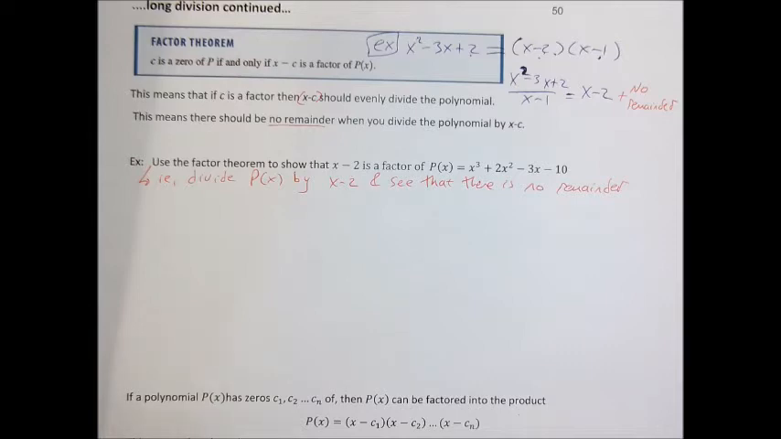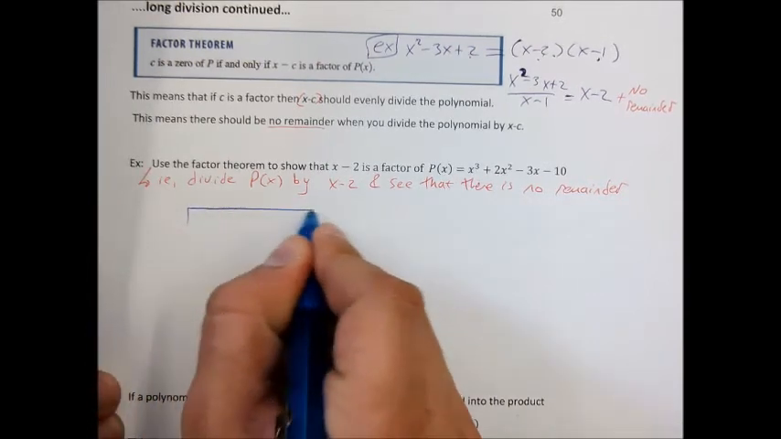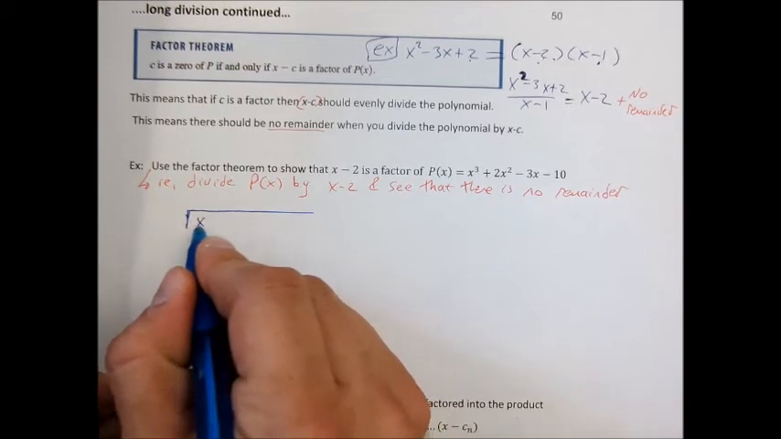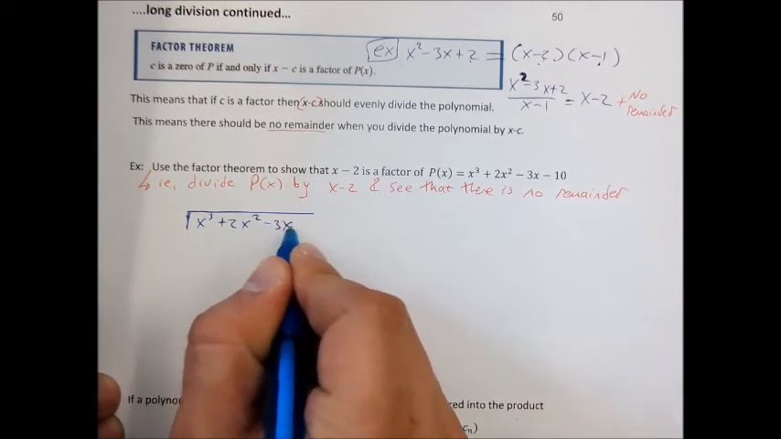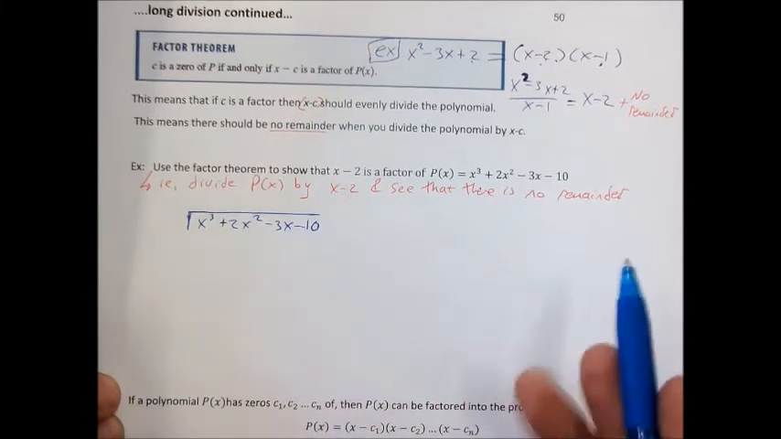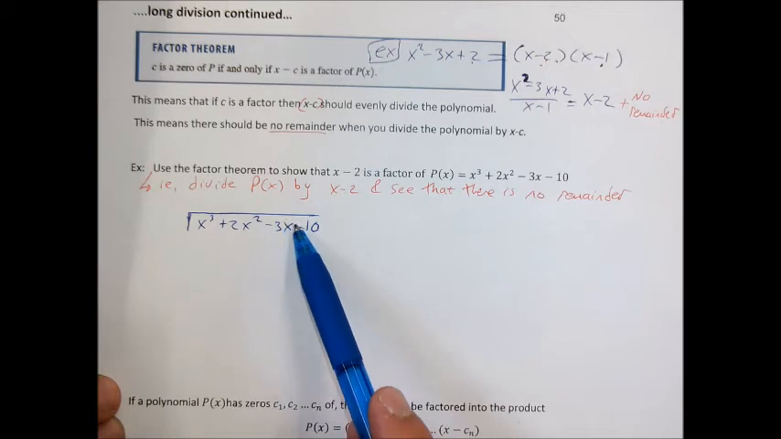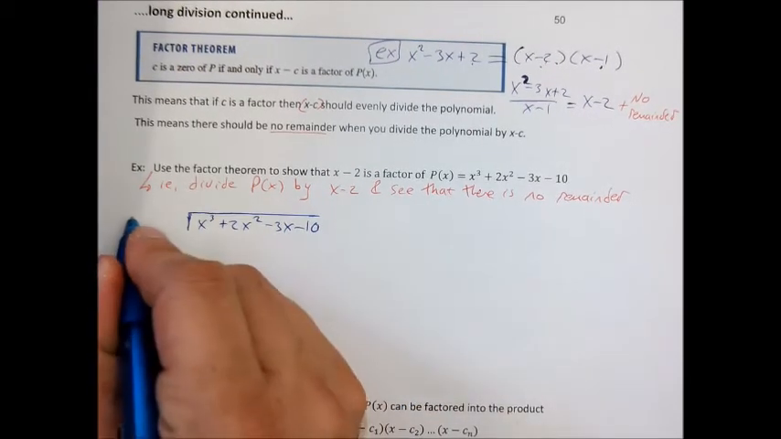So let's set this one up just like we've set all the other ones up, right? We start by writing out our division sign. We put our polynomial inside, x cubed plus 2x squared minus 3x minus 10. I'm not missing any variables. I've got a cube, a squared, a single, and a 0, right? So I don't have to add any, so that's good. And then I put my x minus 2, my